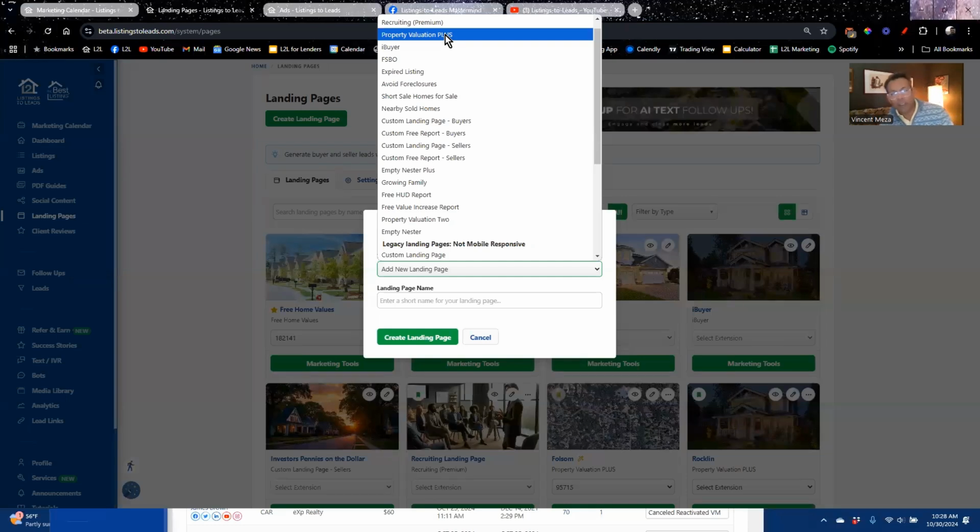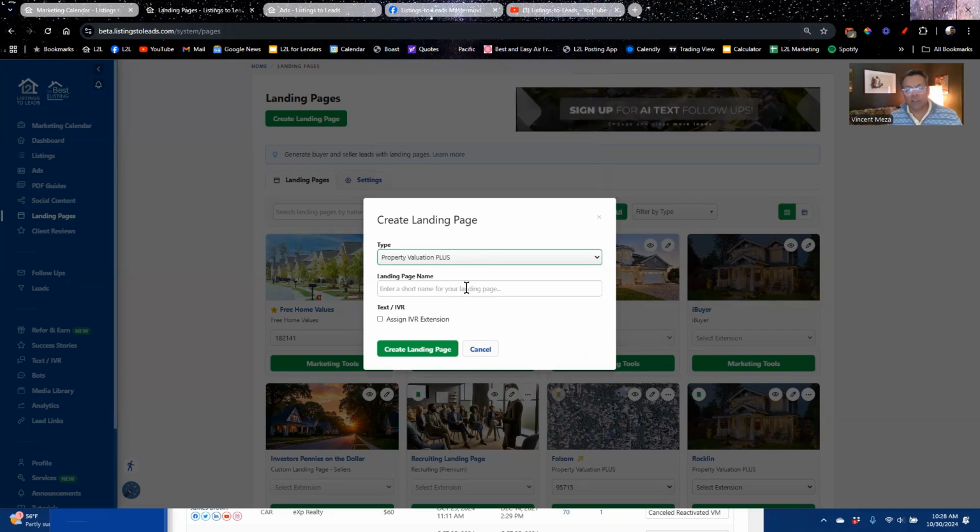I will point out, we have a lot of templated landing pages here. We have some for FSBOs or expireds. You can do your own custom landing pages, growing family. If you've got empty nesters, that's happening as well. So you have tools that will focus on your area. You just type in the name of the town you want, and that's going to create the landing page. And then you can go out and run ads, and you're going to have a tool that's really speaking to